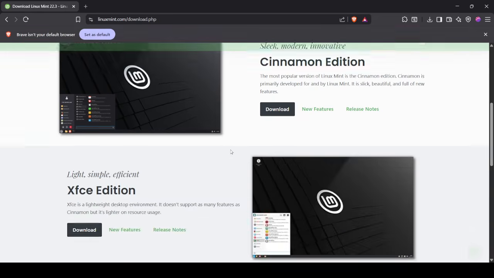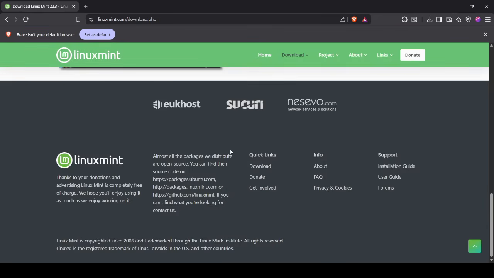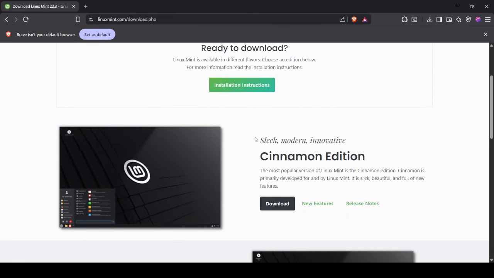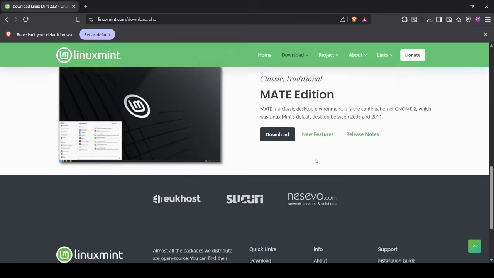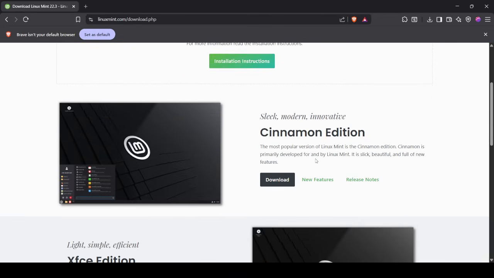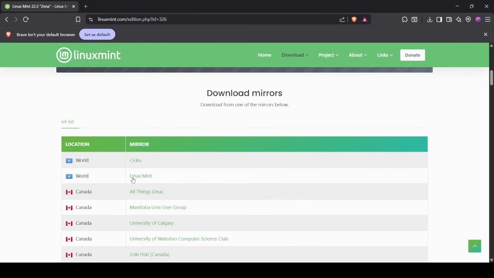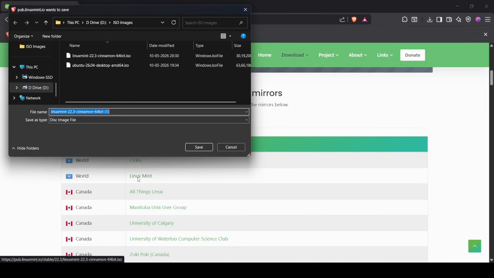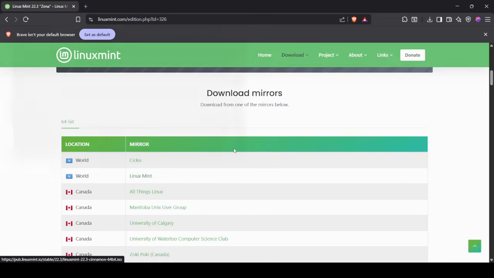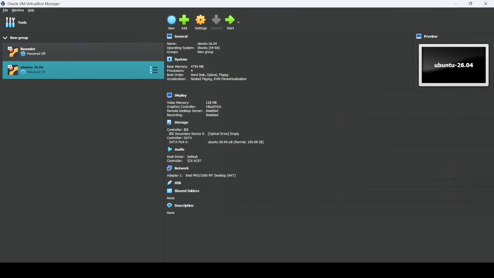ISO image. Once you come upon this download.php link, you will see the Cinnamon edition, Xfce, and MATE. I'm going with the latest one, the Cinnamon edition. You just click on the download button, and then you can click on any link here, and it will start downloading. I have already downloaded this file, so there is no need to do that again. Once you are done, you can open up your VirtualBox,